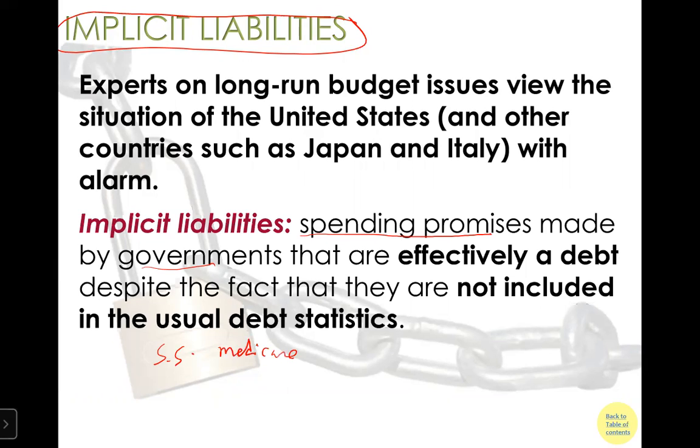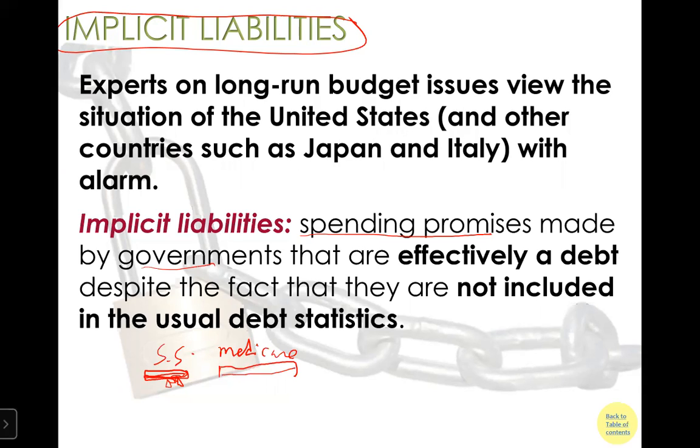Those are the things the government promised they are going to pay to retired citizens, regardless of what happens to the economy. So when you retire, you're going to receive Social Security benefits, and you're going to get free